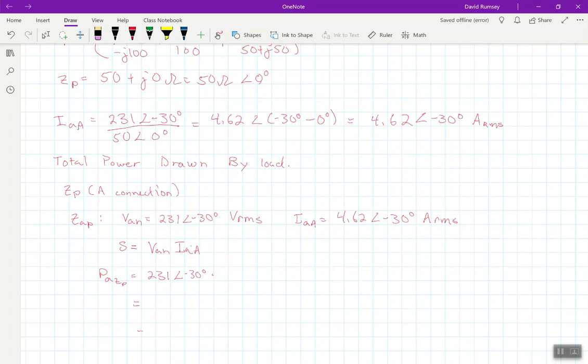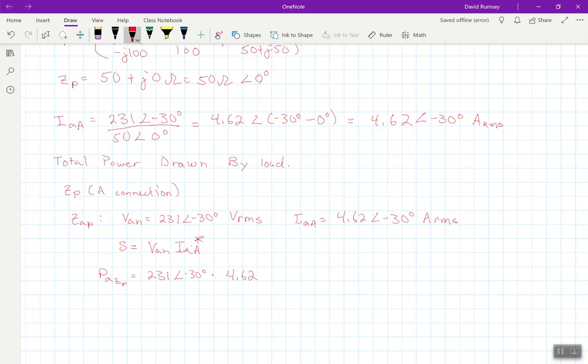Power is not voltage times current. It's voltage times the complex conjugate of the current. Something just wasn't working right in my head. I'm like, something's going on wrong here. I'm doing something wrong. So in this case, then it would be 231 times